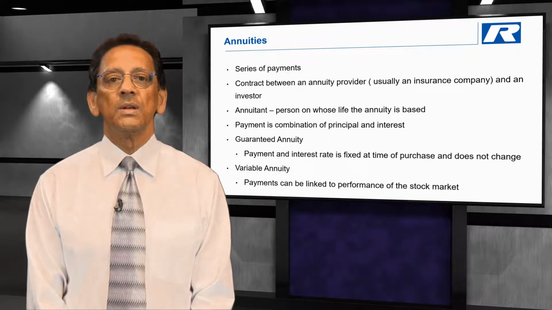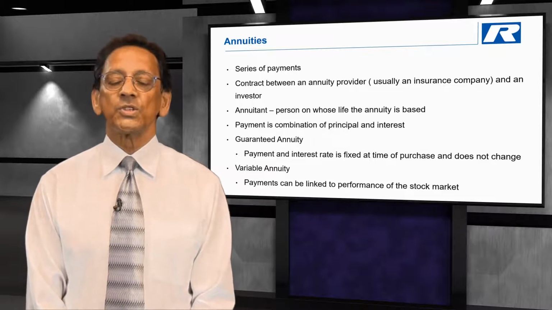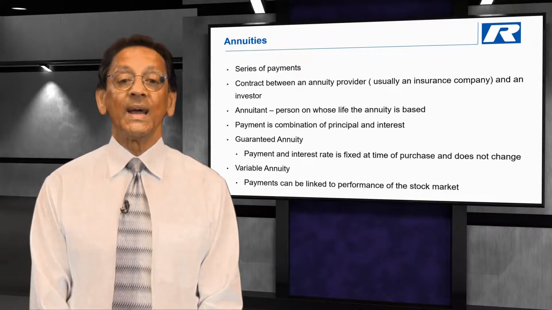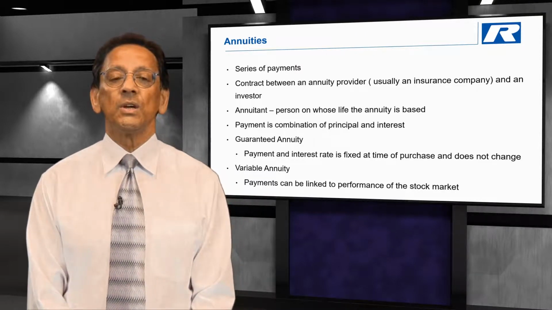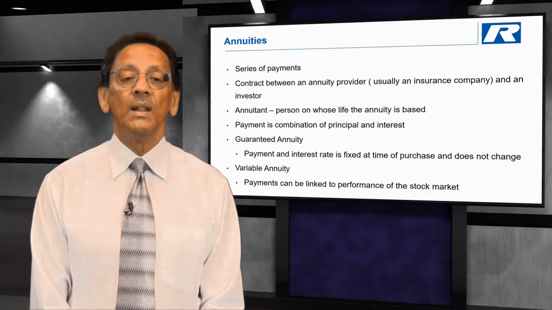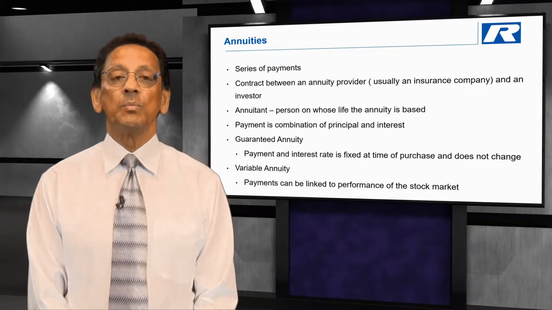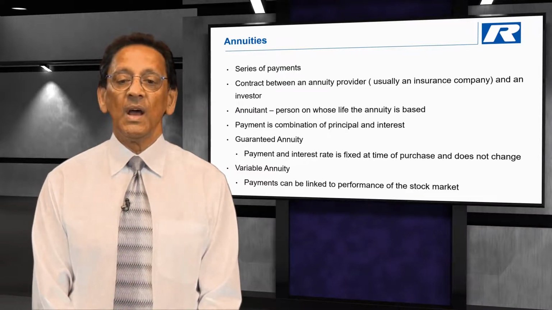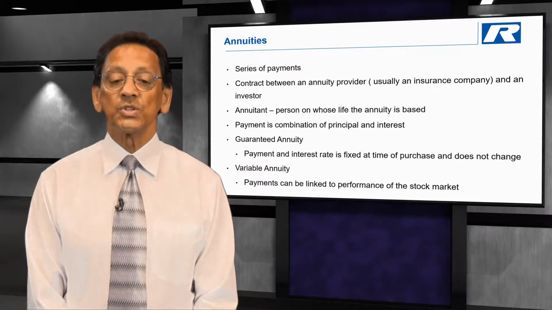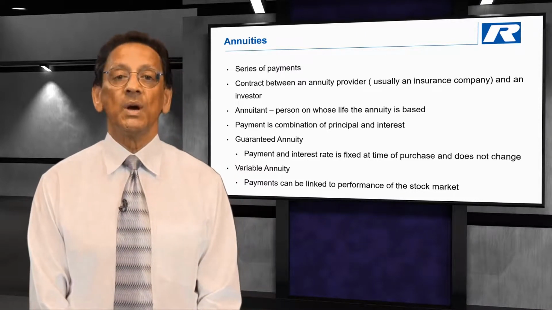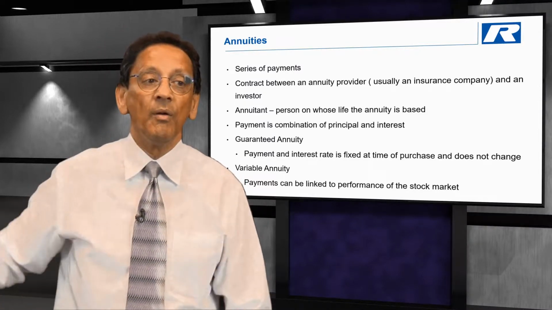The annuitant is the person on whose life the annuity is based. So when you go to a life insurance company and say, I want to buy a life annuity, and I want to receive $2,000 a month for the rest of my life, the company, because of the statistics they have, is able to estimate how long you are going to live, how long they're going to have to make those payments, and based on today's interest rates, they can determine how much money they're going to charge you up front